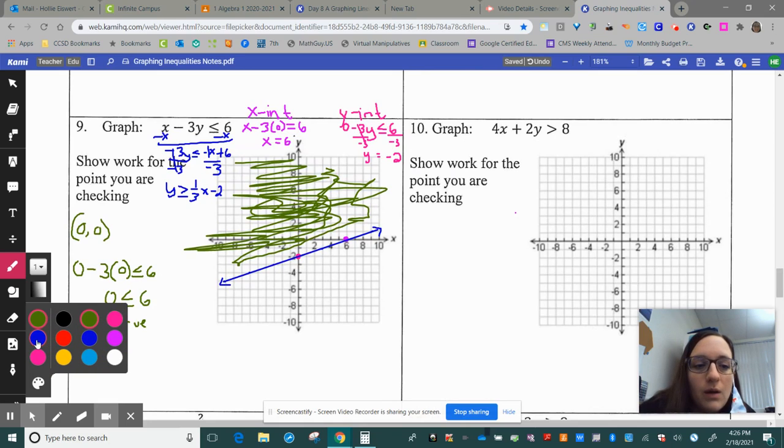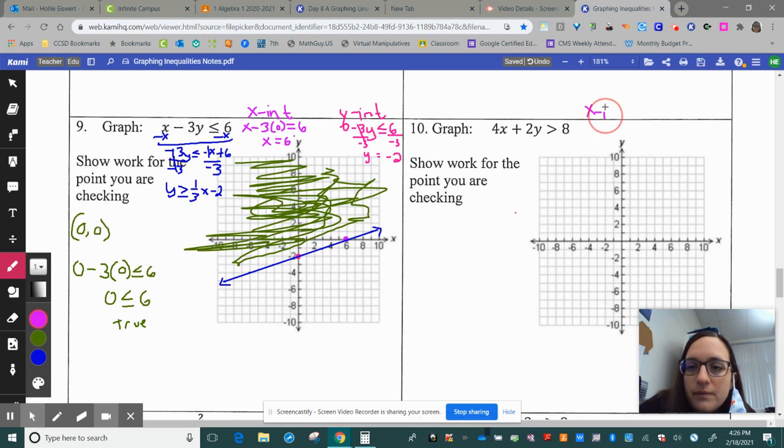Okay, here we go. So I'm going to find my y-intercept and my x-intercept again. For my x-intercept, I have 4x plus 2 times y, and y is going to be 0, right? Because we plug in 0 for y, solve for x. That is our x-intercept. So we're going to end up with 4x is equal to 8. And then when we divide by 4, x is equal to 2. Okay, so on our x-axis,